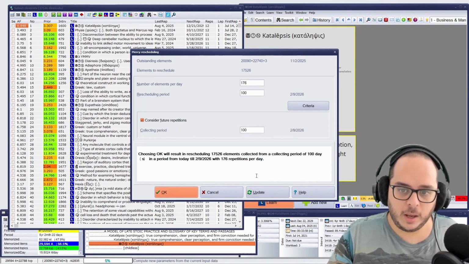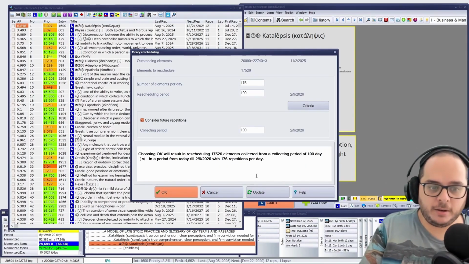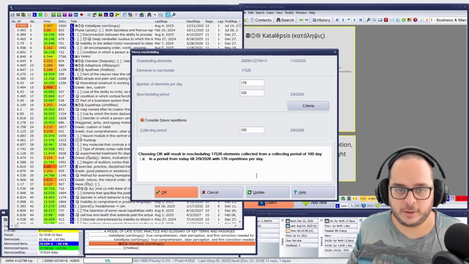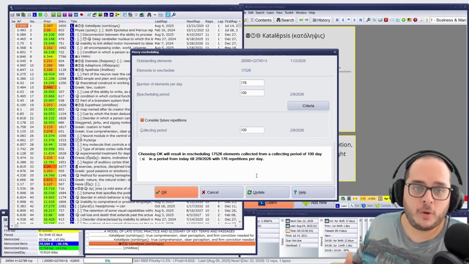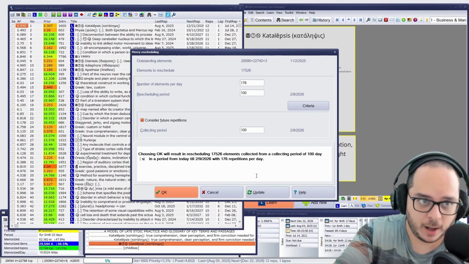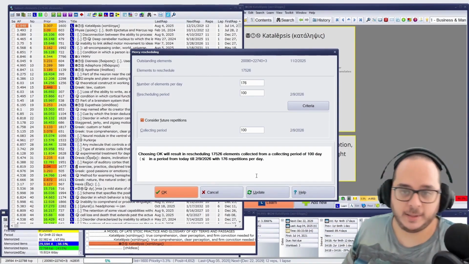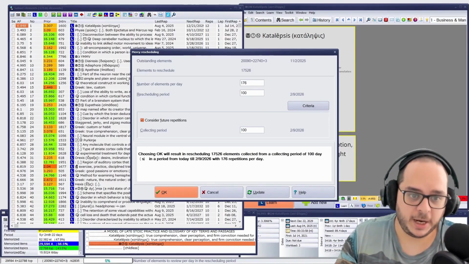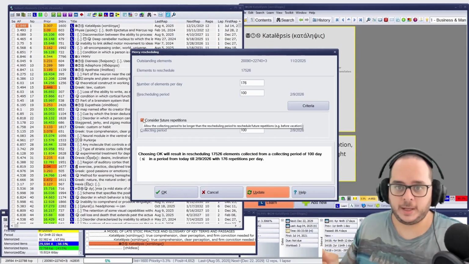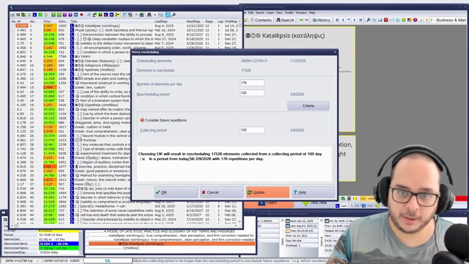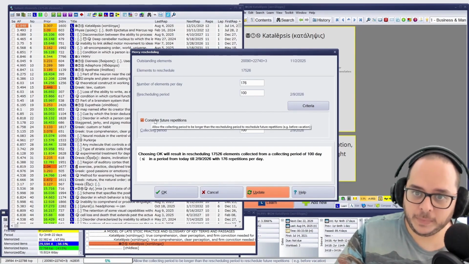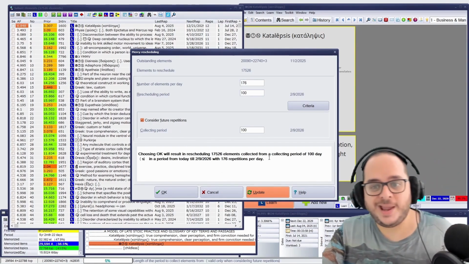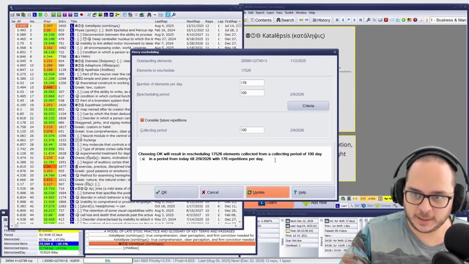Update. Perhaps there are not many, or they don't change much, but it could be the case that if most of the elements had an interval of a day or 3 days, checking this box will make a big difference, because it considers that the next repetition is within the scope of the 100 days. Therefore, the user will do a second repetition on that item, so you will need more days than the 100, if this makes sense.